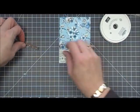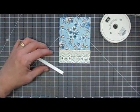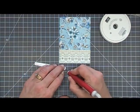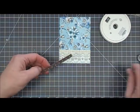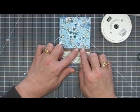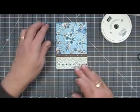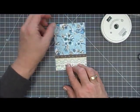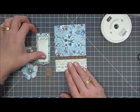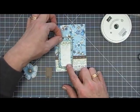Now, just because I want to add this to my lace, I'm going to add some score tape to this little piece here and place that right over the seam of the lace in the pattern paper. Lovely. There we go. Now, these are the elements we're going to use. This is all that we have left. And so I thought